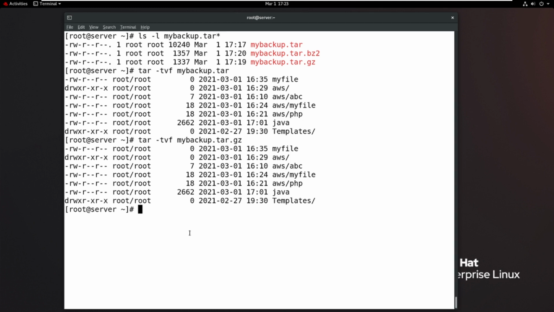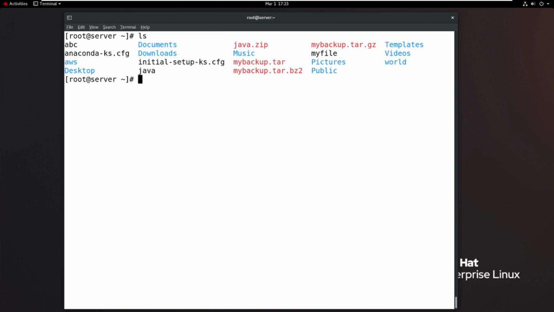Okay sir, I want to add a new file into the tar file. Actually I forgot to add one important file in the tar file, maybe the file name is abc. In ls the abc file is there, but I forgot to attach it in the tar file. Then how can you do that? tar -rvf, where r means add a new resource, in the file my backup.tar. You can even use tar.bz2 or something. Then the file name is abc.